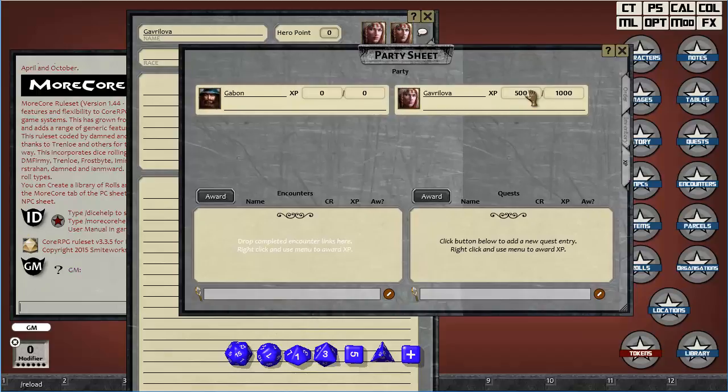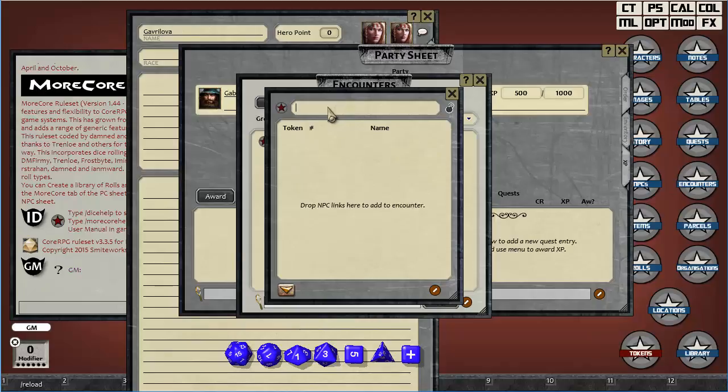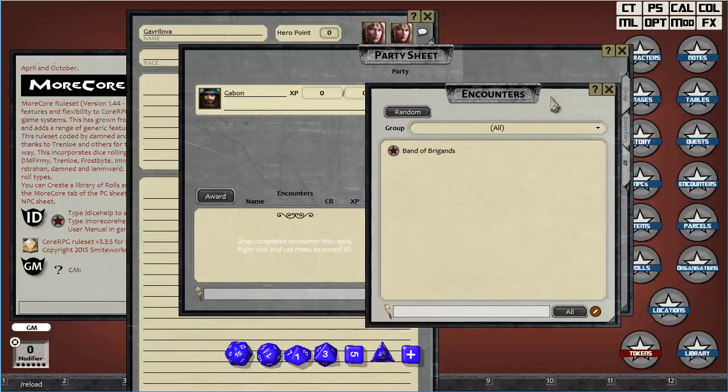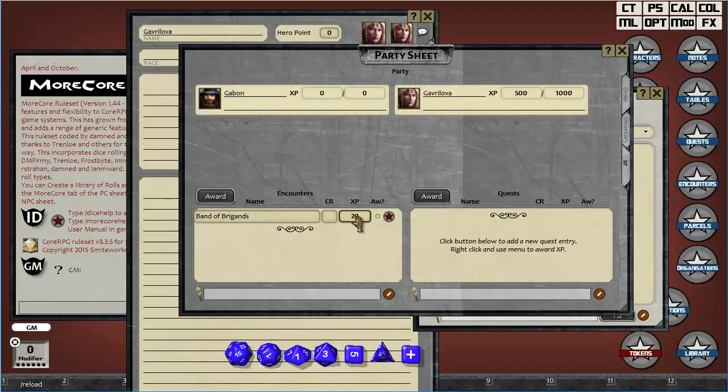The GM can simply add in the figure here, the players can add in figures here, but you might have an encounter with an experience value, and let's put these in here, and let's put Sergeant Cliff in there, and this encounter, we can put it in here, and we can say that this encounter is worth 2000 XP, and it will now, when we award this,